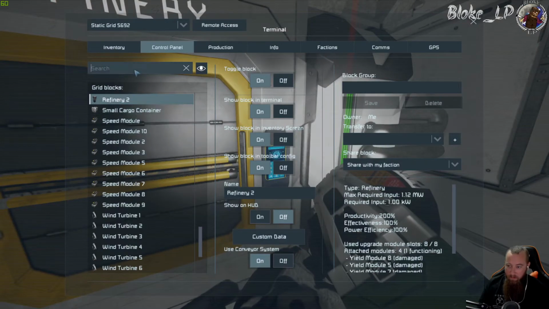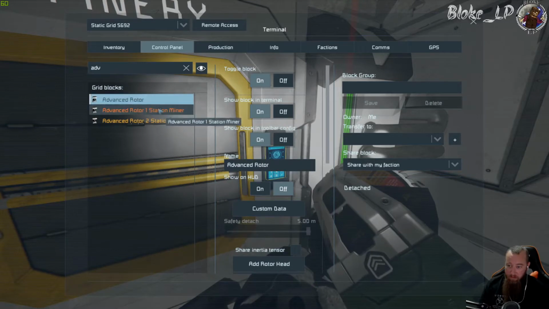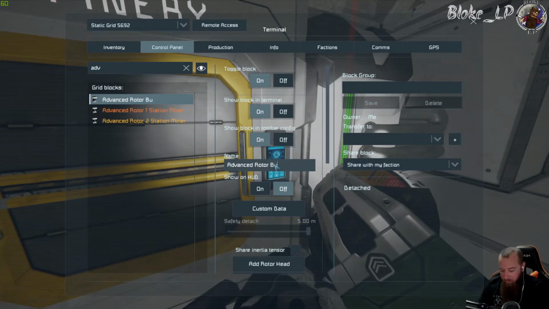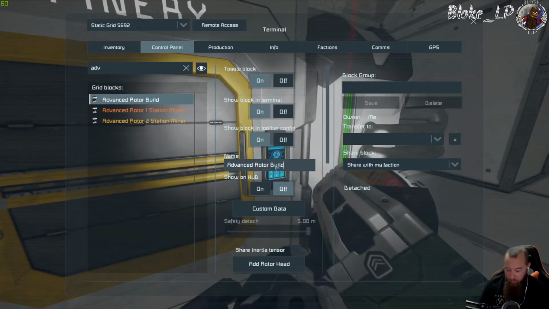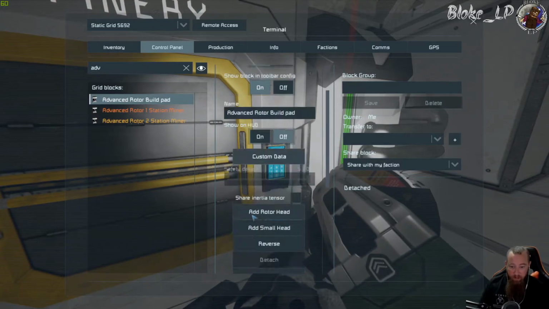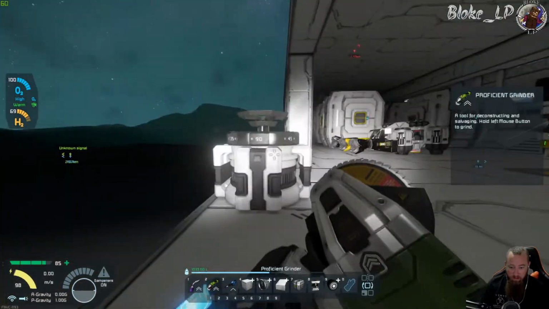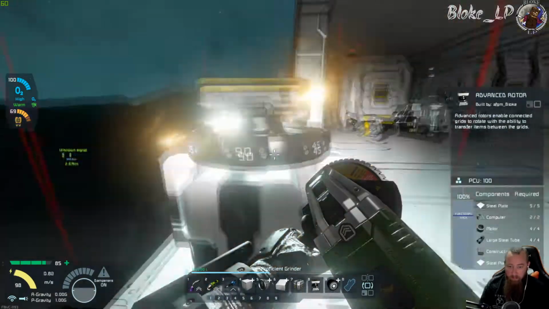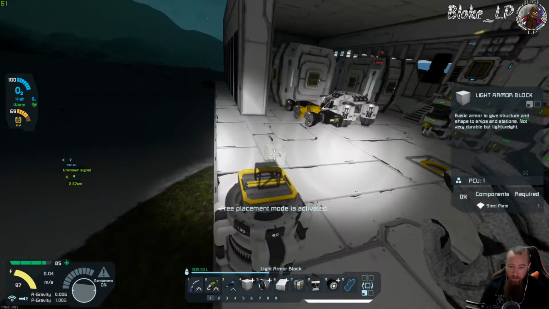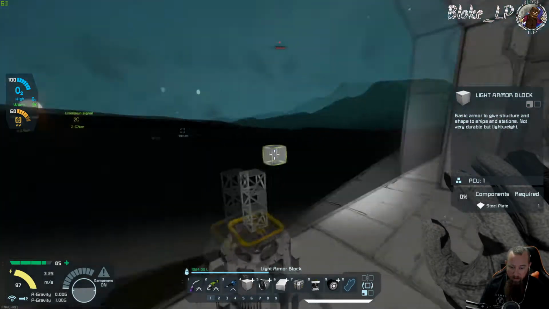So, advanced rotor. Should be that one. Let's, build pad, just for the time being. Right. And we want to attach small head. Done. Righto. There's our advanced rotor. We don't really need that head to be built, but anyway. So what we're going to do is probably come up a couple of blocks here. Like so. And then we will...